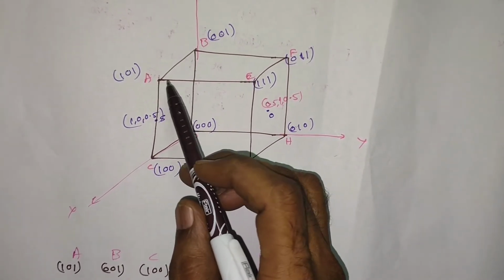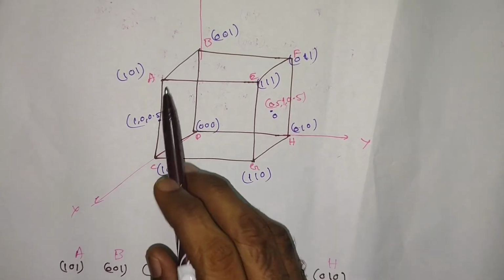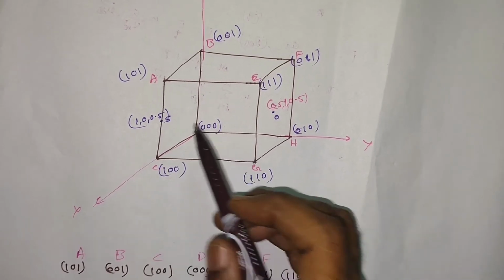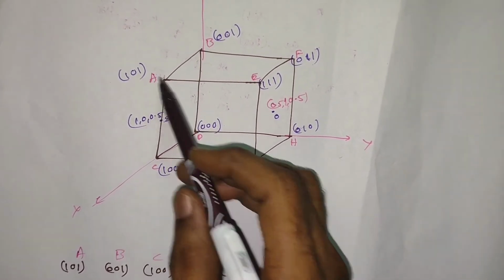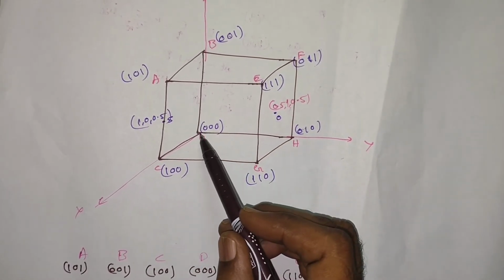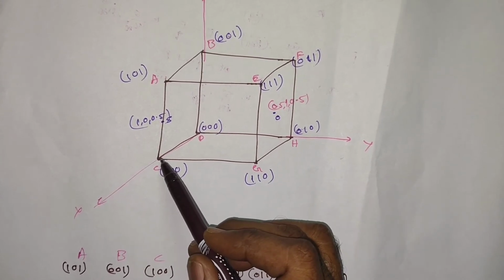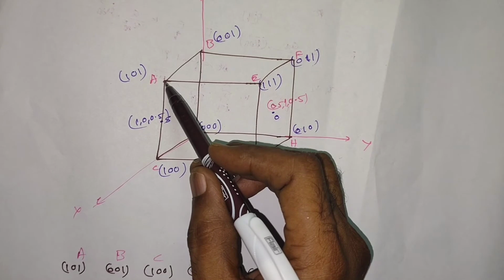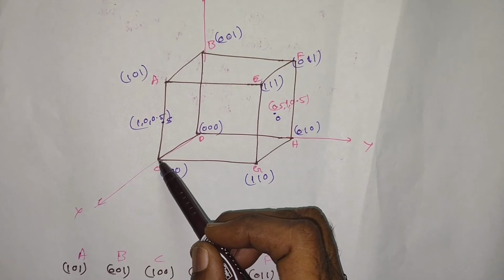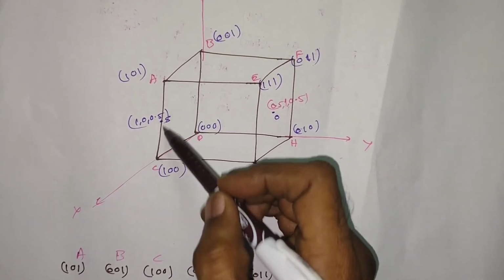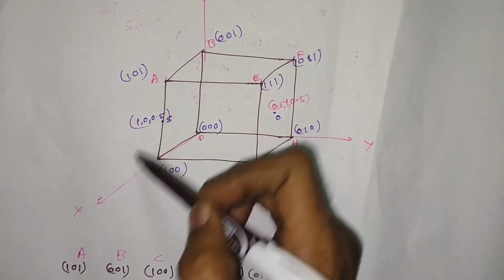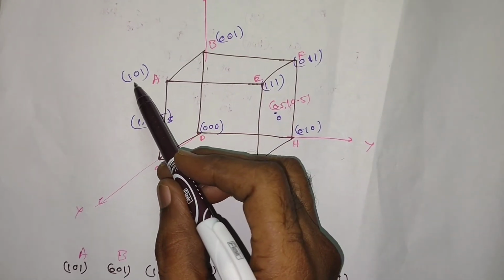If you consider the 4 corners A, B, C and D, A is going to have the coordinates as, so if you observe point A, we are going to arrive at point A from the origin this way. So we have to travel 1 unit along the x-axis and 1 unit along the z-axis, because this one is parallel to z. And here no y coordinate will be there, because this point is going to lie on the xz plane. Hence the point becomes 1, 0, 1.